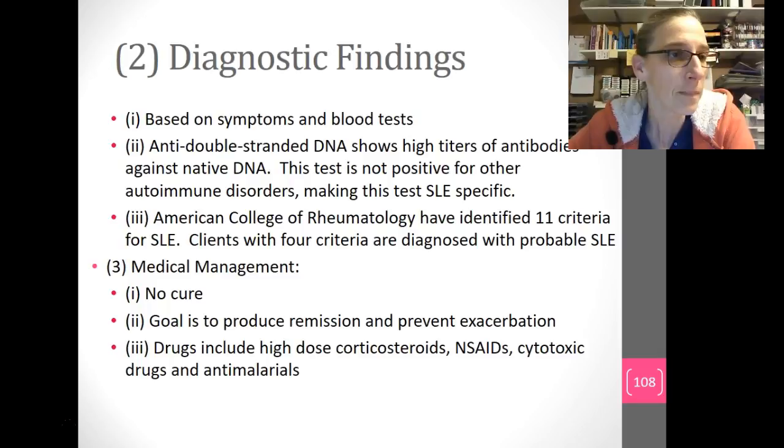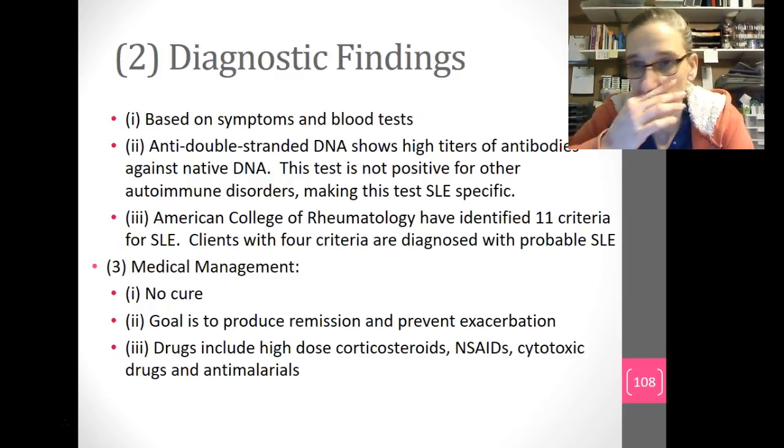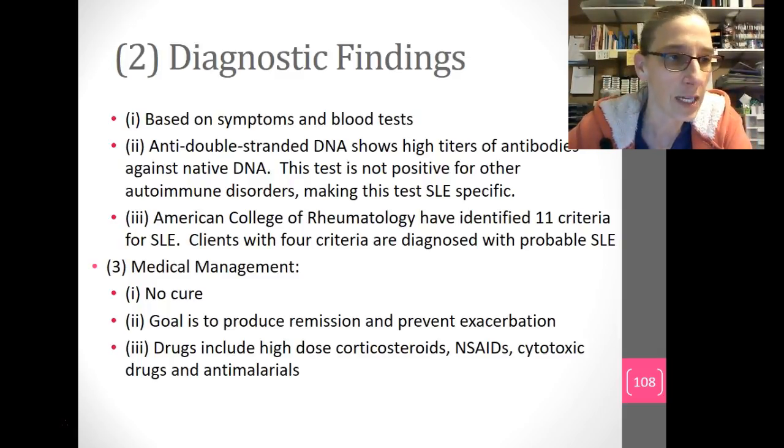important. The American College of Rheumatology has identified 11 criteria for SLE. Clients with 4 of the 11 criteria are diagnosed with probable SLE. Criteria include things like this; it's in the book. Hope you're going to look it up on page 1096. Includes things like a malar rash, discoid rash, photosensitivity, oral ulcers, arthritis, pleuritis or pericarditis, renal disorders, neurologic disorders, hematologic